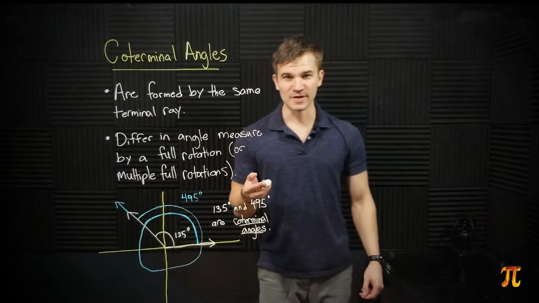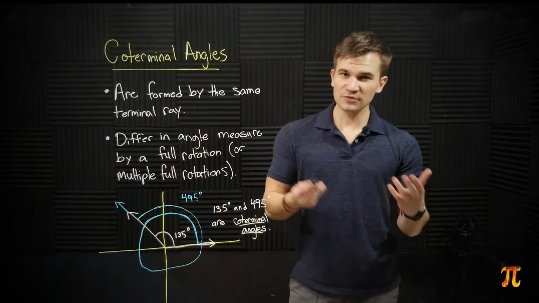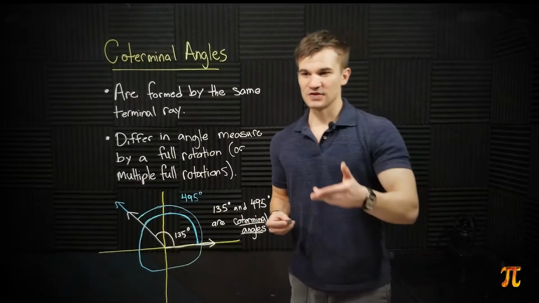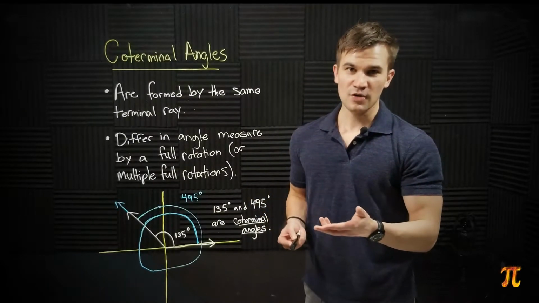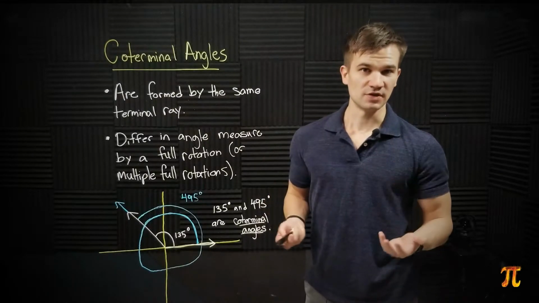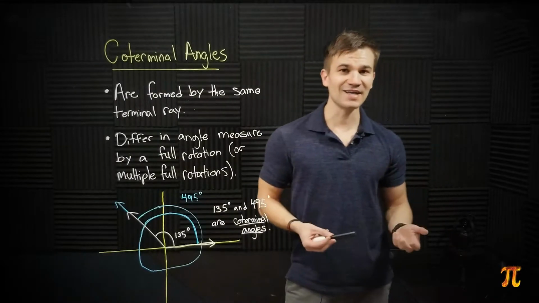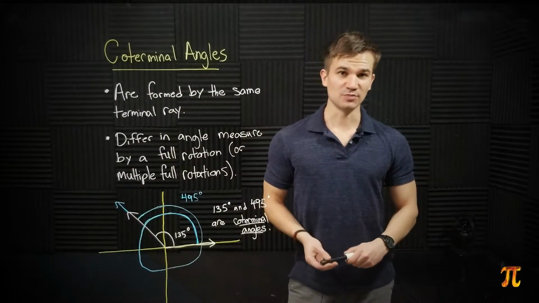In this video, we're talking about coterminal angles. Coterminal angles are two angles that are formed by the same terminal ray. They're going to differ in angle measure by a full rotation or some number of full rotations. So in radians, they'll differ by a multiple of 2 pi, and in degrees, they'll differ by a multiple of